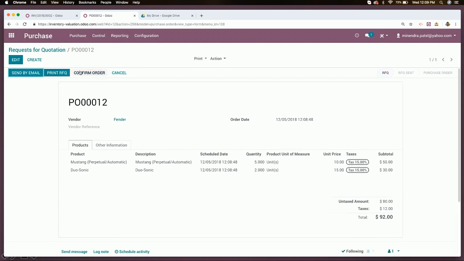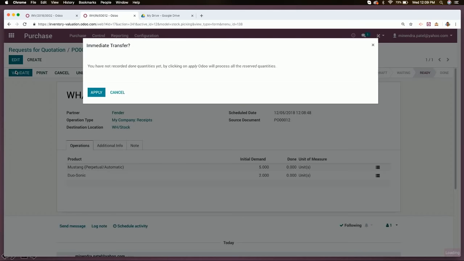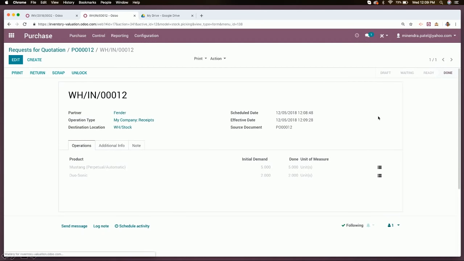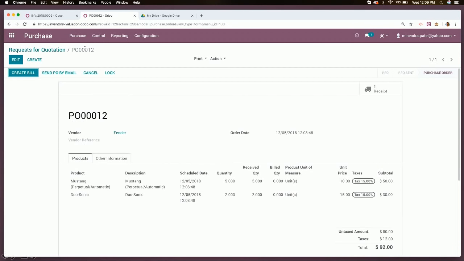We're going to receive the products. We're going to validate the products. And notice this time we didn't get that issue. So now we can actually have a valuation here. So now we're going to go back to purchases. And actually,